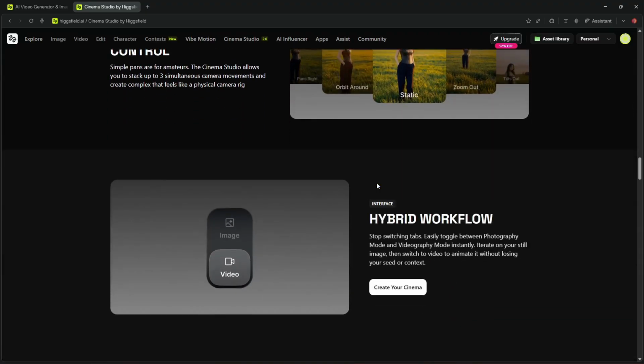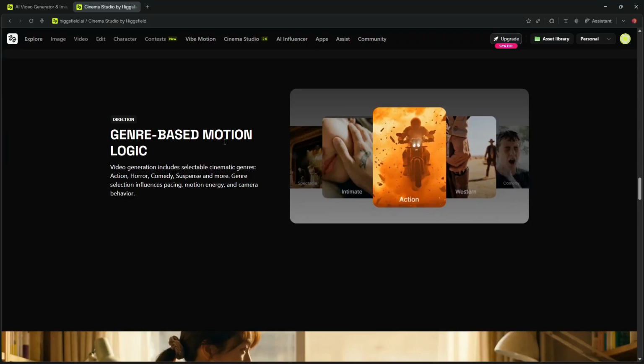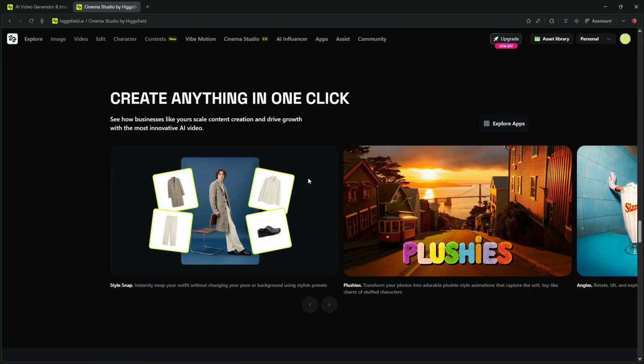You have the multi-shot options as well. So there are lots of new features. Then there is genre-based motion logic as well. There are lots of new features that have been introduced here. I'm going to show you step by step the whole process with all the new features so you can get